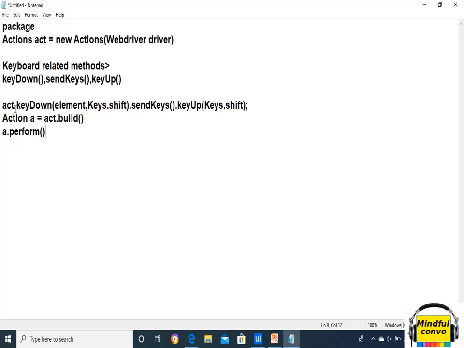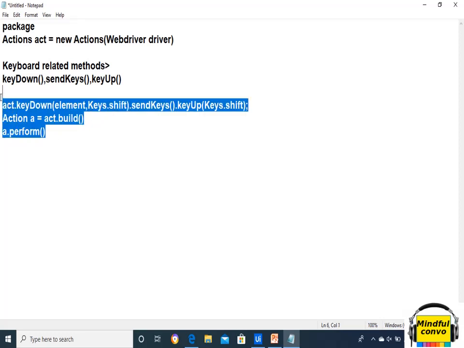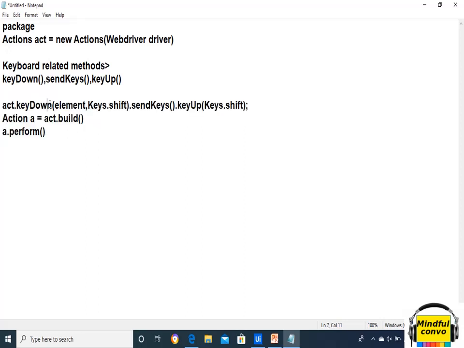Here we can see that we have used both the Actions class and the Action interface in order to send the keys in uppercase to the text box. We can also use only the perform method without using the build method.